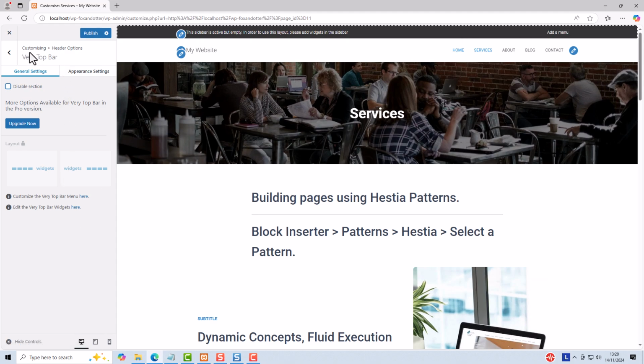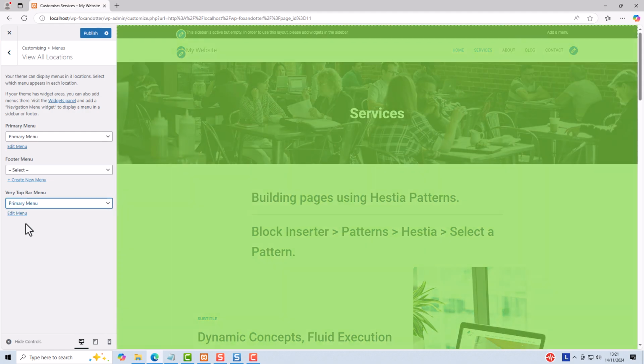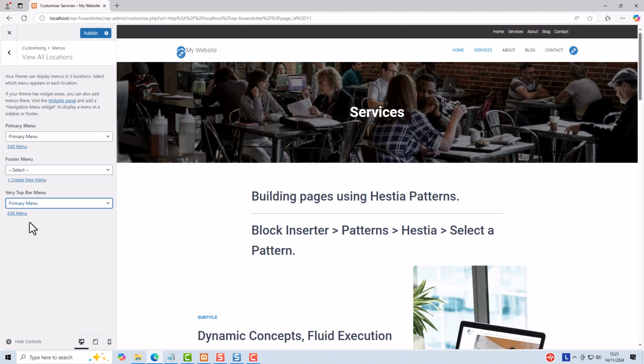And when we're in Customiser, header options, very top bar, if you look carefully, there are two links here. One says customize the very top bar menu. You can click there, or edit the very top bar widget area here. So to add the menu, I just click customize very top bar menu here, and that opens up the menus, and we can add a menu, which is added here. I publish, and I'll go back,